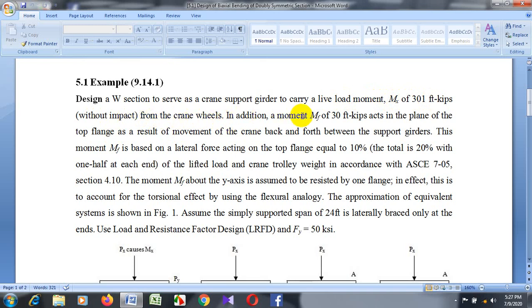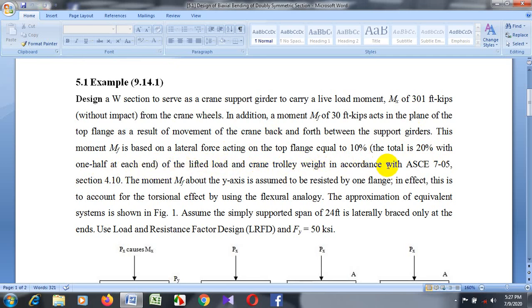In addition, a moment M suffix F of 30 feet acts in the plane of the top flange as a result of movement of the crane back and forth between the support girders. This moment MF is based on a lateral force acting on the top flange equal to 10%, that means a total of 20%, with 1/2 at each end of the lifted load and the crane trolley weight,